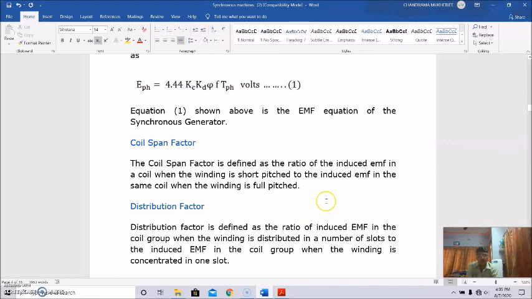I hope you have understood what we have discussed today. We have discussed the extended part of the construction features, basically the excitation systems for synchronous machines, where we discussed the DC excitation system, and particularly concentrated on the brushless excitation systems, which are used nowadays for large synchronous machines, irrespective of generators and motors.